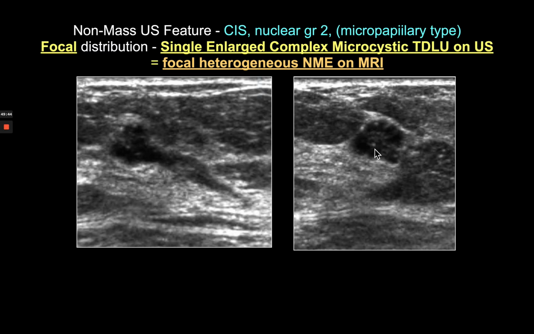Remember that the calcifications we tend to see in apocrine metaplasia tend to be milk of calcium or calcium oxalate. They tend to follow the bottom. So the fact that we have suspended microcalcifications and a complex cystic and solid